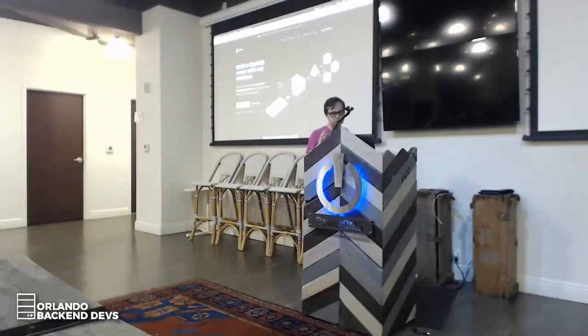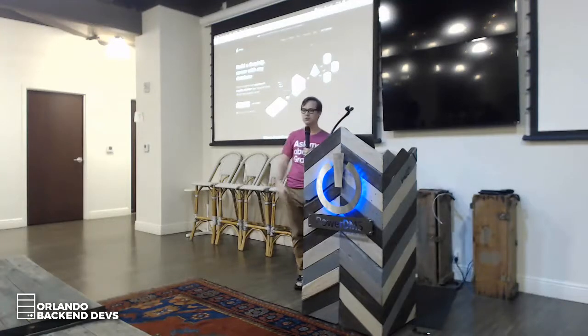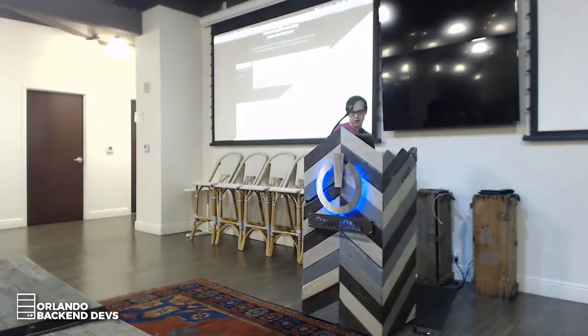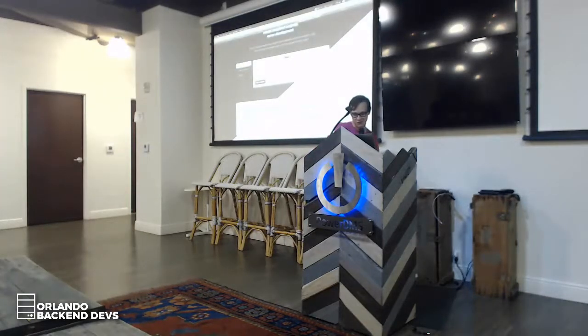It only works on MySQL right now. They just released Postgres support, but they're adding more and more. So it's pretty interesting. I'd say check it out. And this is where I stole that SQL from, as you're about to see.